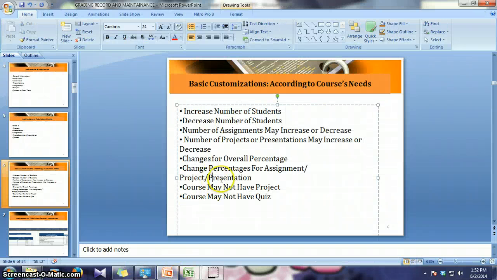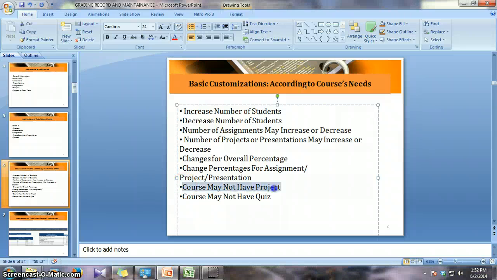Now I'm going to demonstrate what happens if a course does not have any project. That you will see